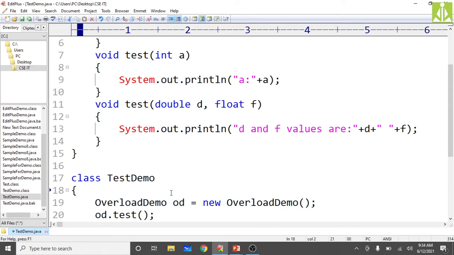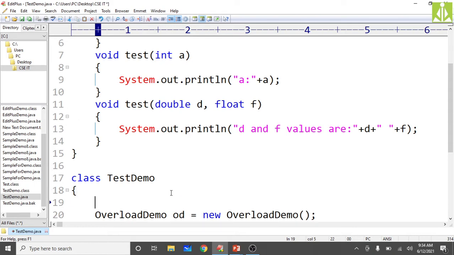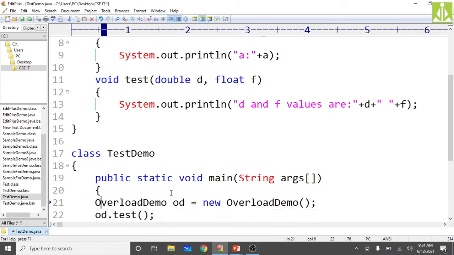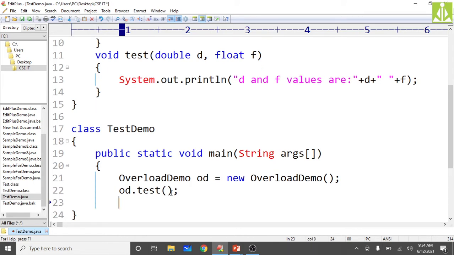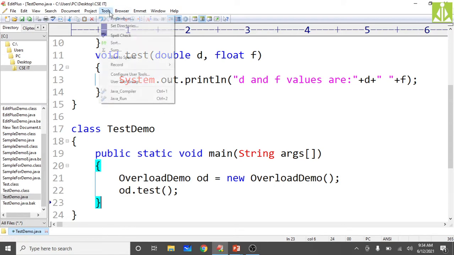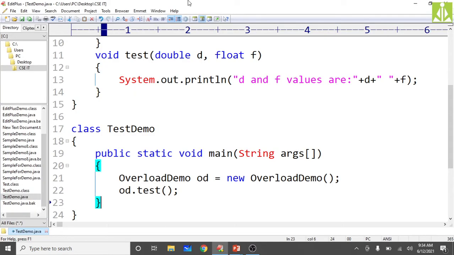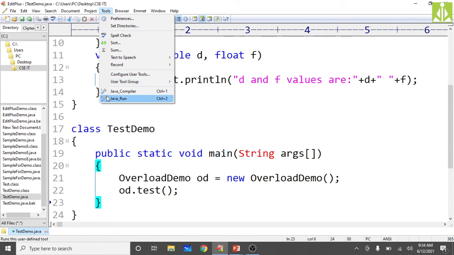See, the big mistake over here is we have not kept the PSVM, that is public static void main, in this one. So we have to put public static void main of string arguments, string args, like this. Now without any issues you will get the output. Save this. Now go for compilation, compiler. No issues hopefully. Yes, now how can we execute? Go to tools and Java run.